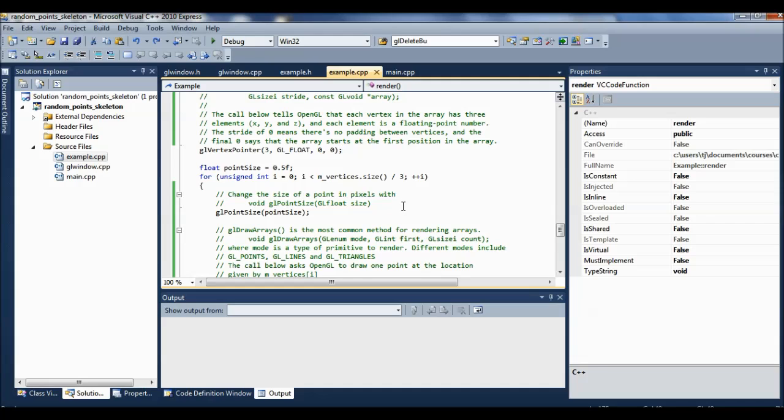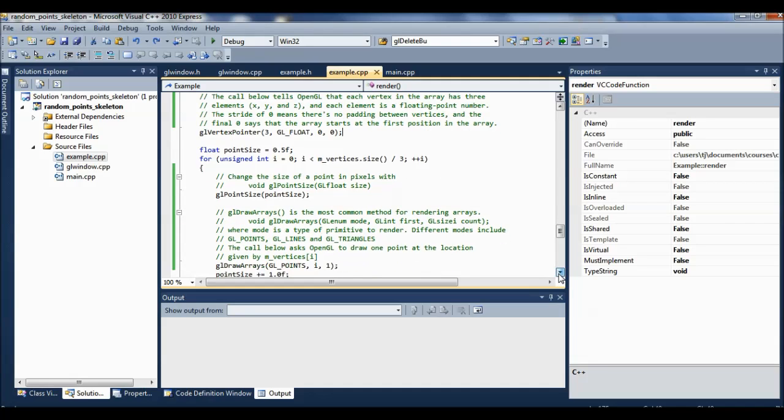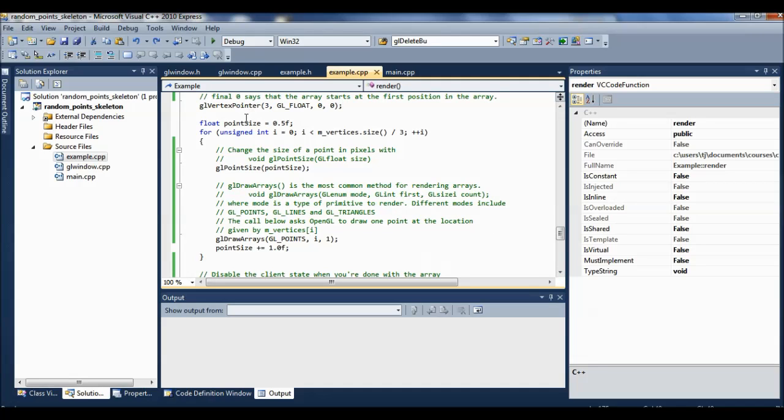Okay, and now to render, we're going to remember the picture showed